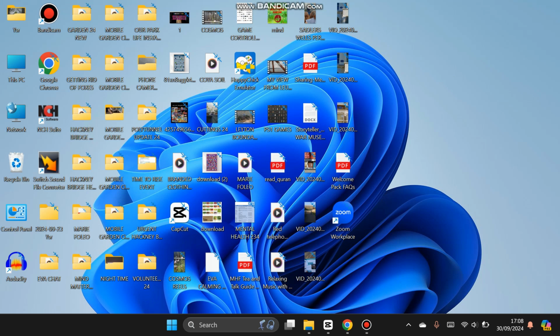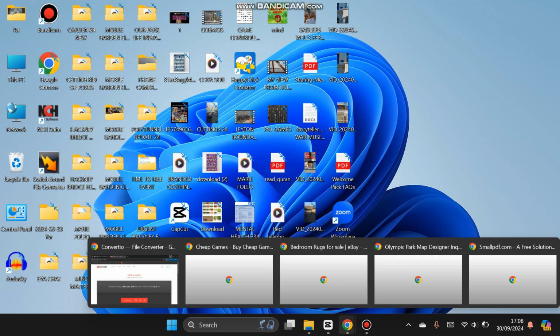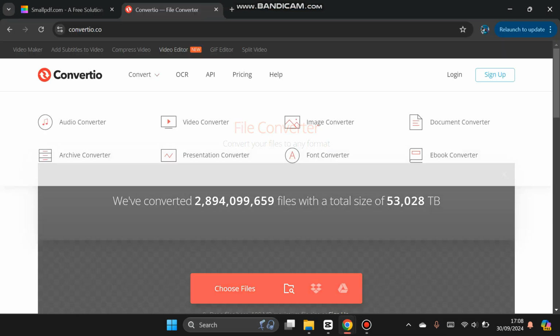How you can convert a PDF file into a Word document that you can edit. You can do this with other stuff. I'm just going to do it with PDF just to make the video short. Sweet. So the first thing you want to do is open up your web browser and go to this website,